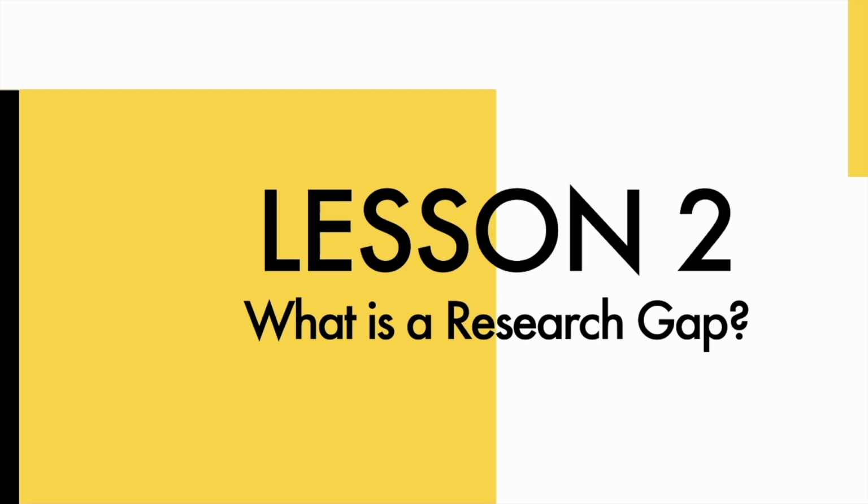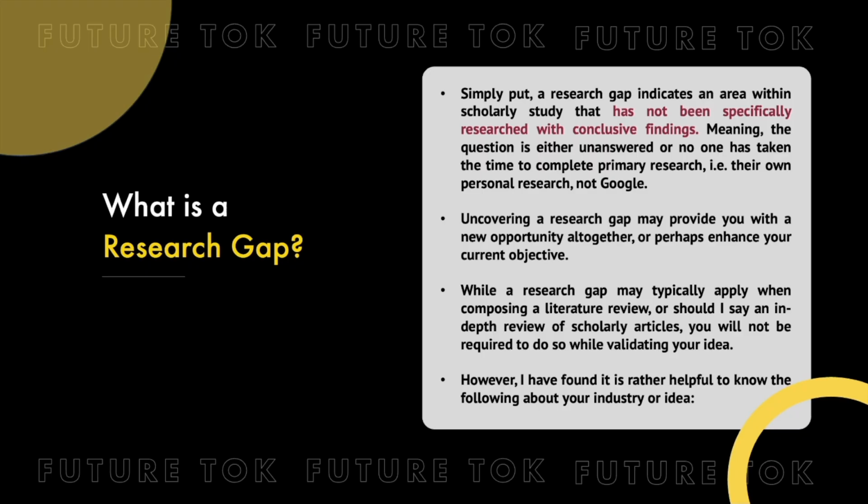Lesson 2. What is a research gap? Simply put, a research gap indicates an area within scholarly study that has not been specifically researched with conclusive findings, meaning the question is either unanswered or no one has taken the time to complete primary research, i.e., their own personal research, not Google. So uncovering a research gap may provide you with a new opportunity altogether, or perhaps enhance